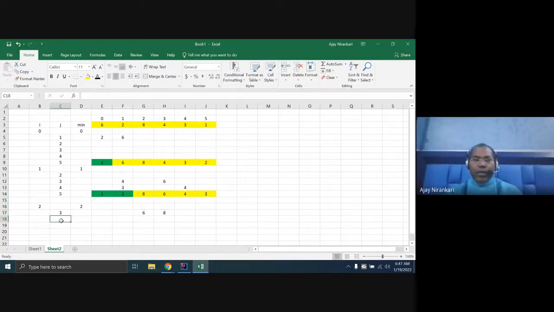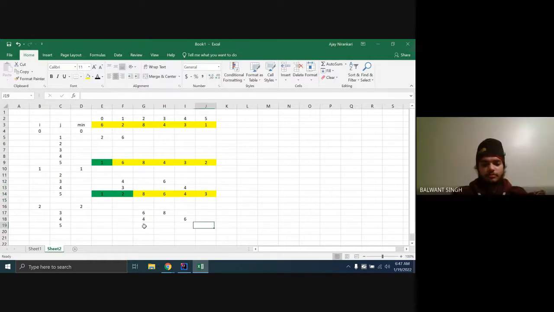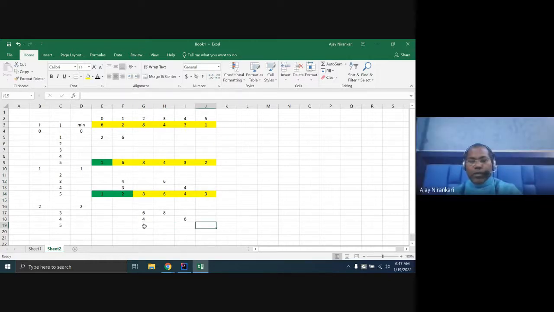Then again increase the loop to 4. This 4 position data with the 3 minimum. Yes, you have to swap again. This would be 4. This would be 6. Again compare the 5th element, this element with this position data. 3 is smaller, so you have to replace 3 with 4.